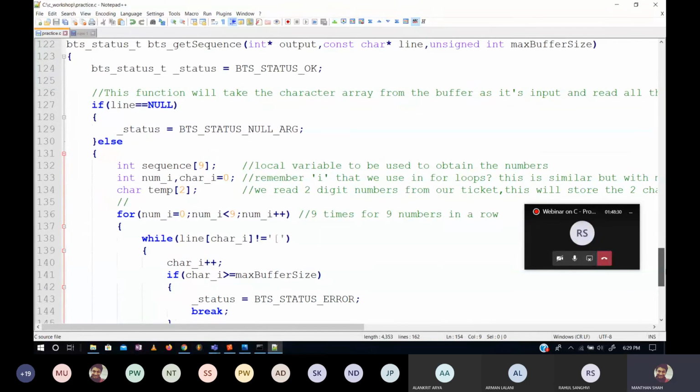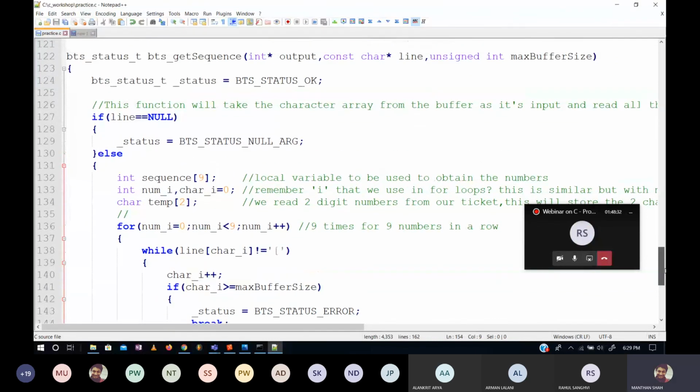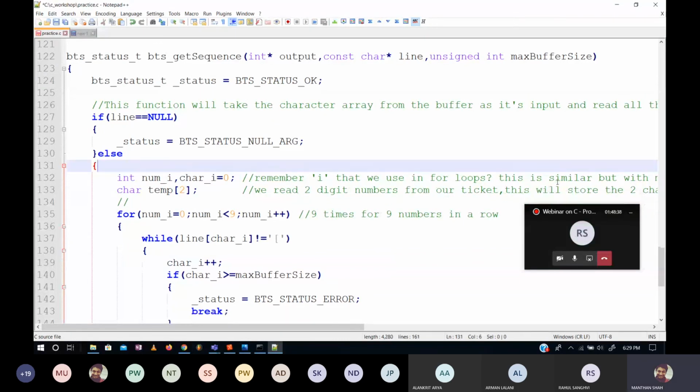And then we can simply return this. Actually इसका भी गरज नहीं है, मैं इसको डायरेक्टली आउटपुट में ही डाल दूंगा.